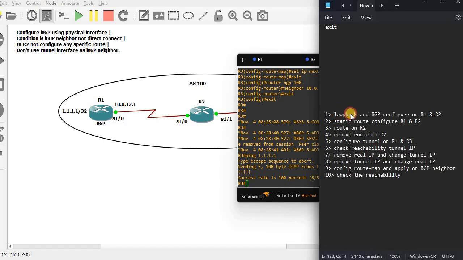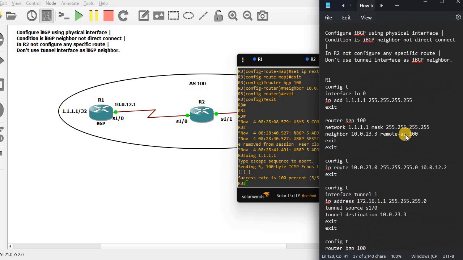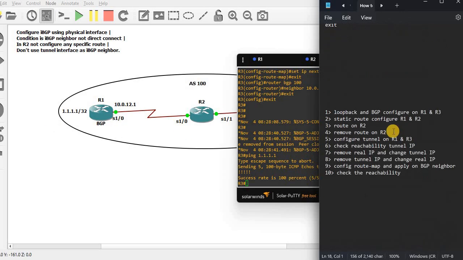First, we configure the loopback interface in R1 and R3. Okay, sorry, R1 and R3 here. Configure the loopback interface on R1 and R3, and configure BGP like this. Configure the loopback interface and configure BGP using this real interface IP. After that, step two, configure the